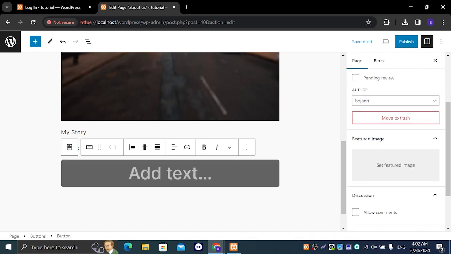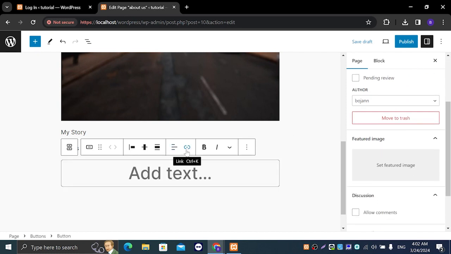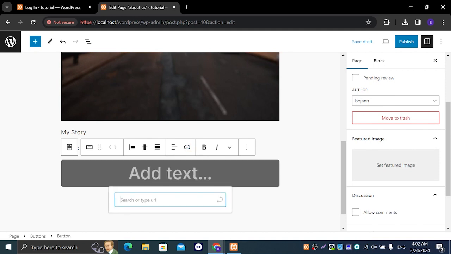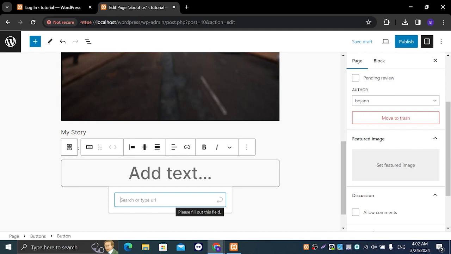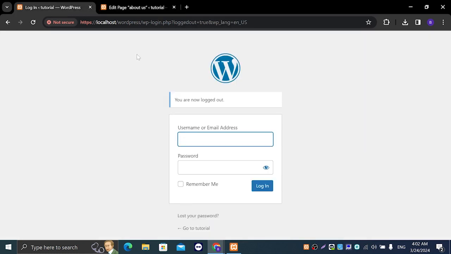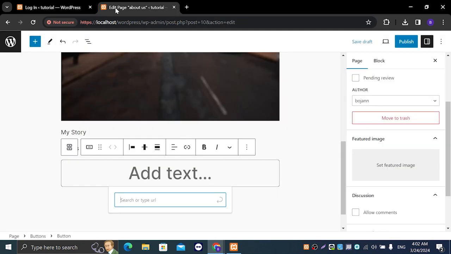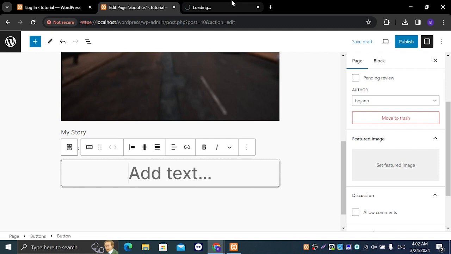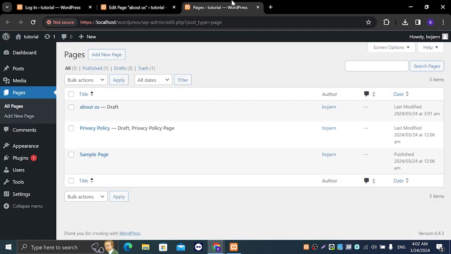When you have hovered over that, you can basically see this icon right here, which is the link, and when you click on that it's gonna take you to the link we want. So let's see, we're gonna open the WordPress dashboard in a new tab, and here on the pages we're gonna go to privacy policy,